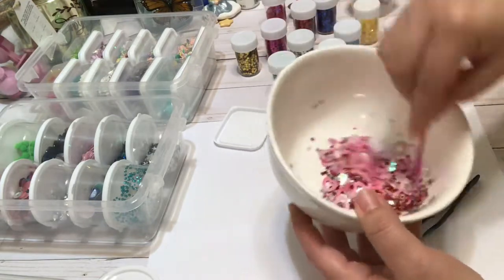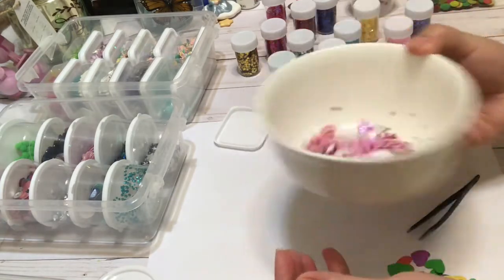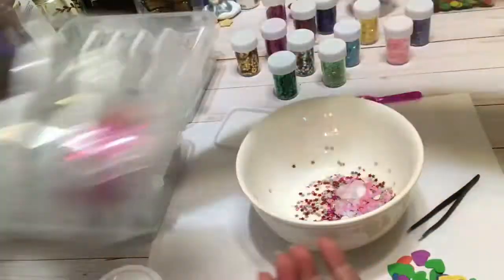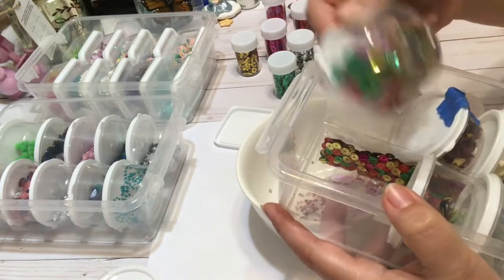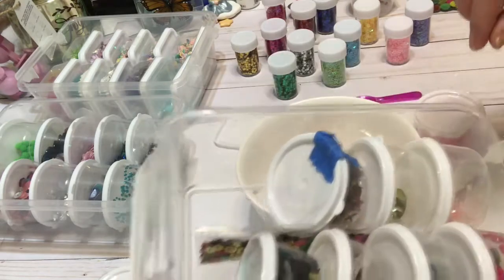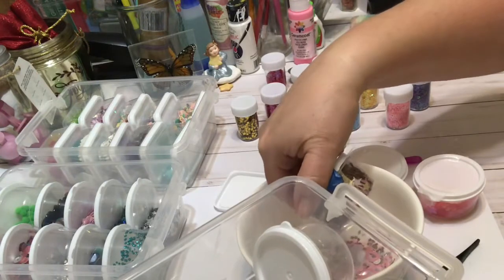So I continue to mix this lovely and delicious mix, and as I am doing that, I'm trying to think what else I can put in here. I don't have a lot of seed beads, but definitely that is something I can add. I see these different shades of pink, and I'm considering them. There's a little bit that I have in this one, and then there's this mix right here that has